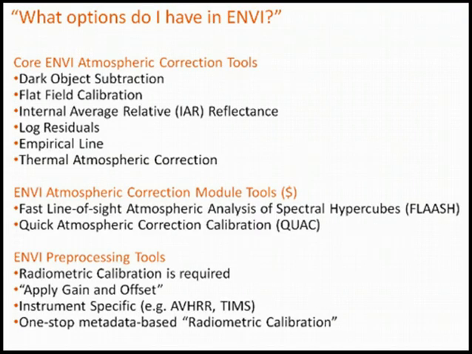Pretty much all remote sensing software packages have some variety of atmospheric correction modules. But ENVI in particular, I think, has quite a few, and some of these are pretty straightforward, and we will practice some of these in lab. Other modules, notice the little dollar sign, are great. These are the more theoretical models, very complex, that try to actually look at the physical properties of constituents in the atmosphere and how that would interact with light at different wavelengths,